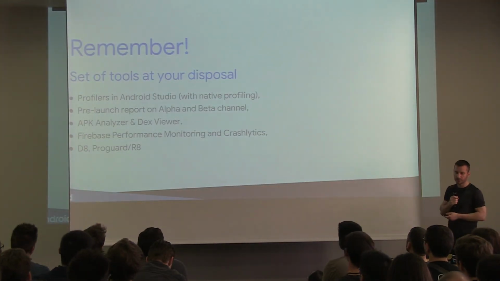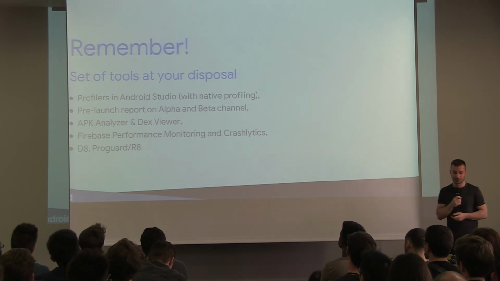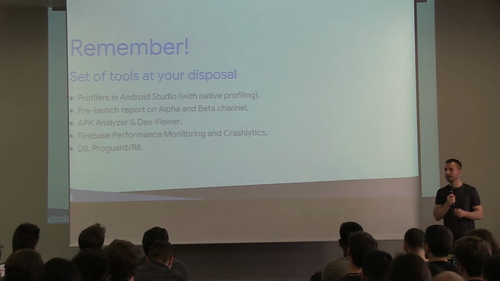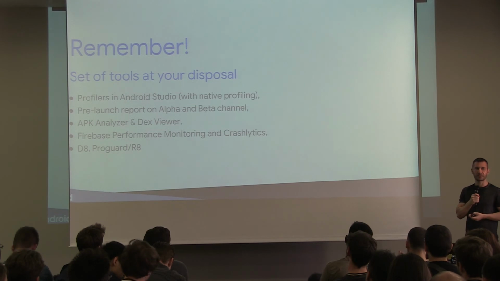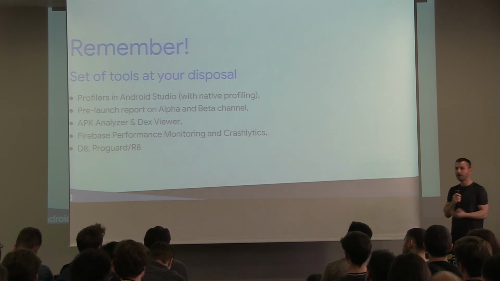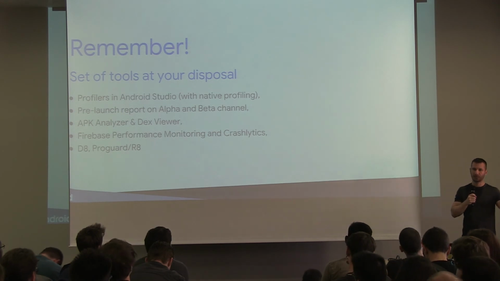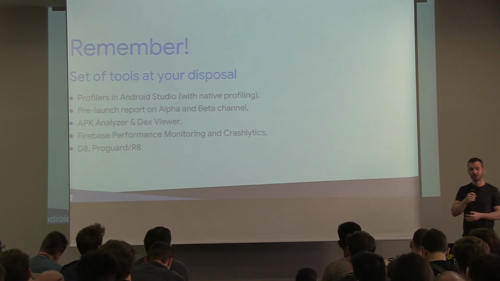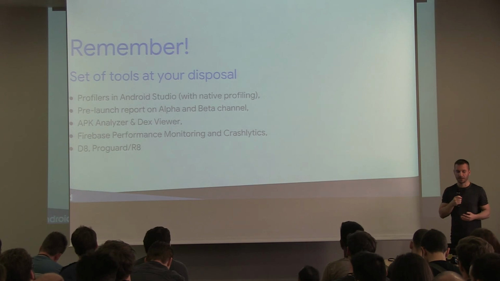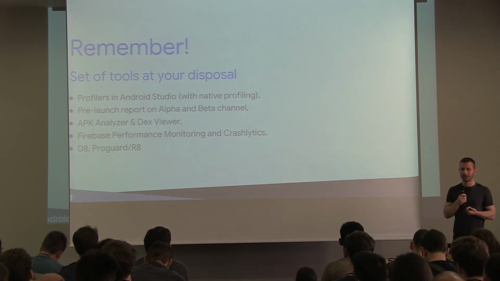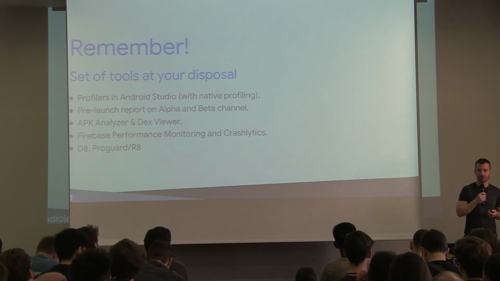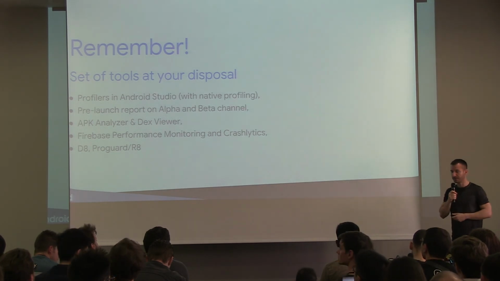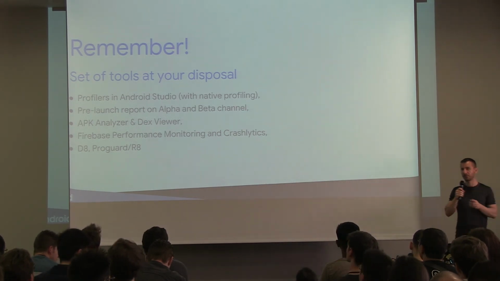And remember, there's a whole set of tools at your disposal. Like I said, Android profilers. There's something called the pre-launch report on the Play Store. It's kind of like separate from Android Vitals. It works for apps that you upload to the alpha and beta channel. What the pre-launch report does is it runs your app on a preset set of devices and emulators, and it tells you all kinds of things also about stuff like APK size and crashes, and it basically is like a test track just to spot errors early on before you actually release them to the production channel, to the main channel. And then, like I mentioned, APK Analyzer, DEX Viewer for everything related to APK size and what's inside your APKs.